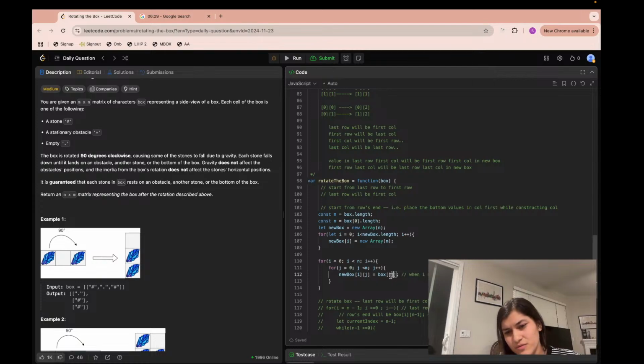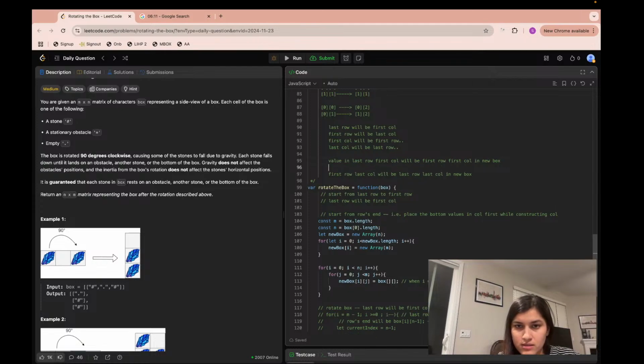Yeah, I think I need to find something like last column value means if i is equal to 0, then j will be, yeah, I just need to construct some expression here. So i is equal to 0, then what should j be? I can just say this value in so box